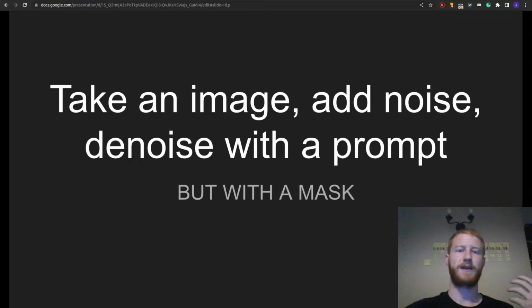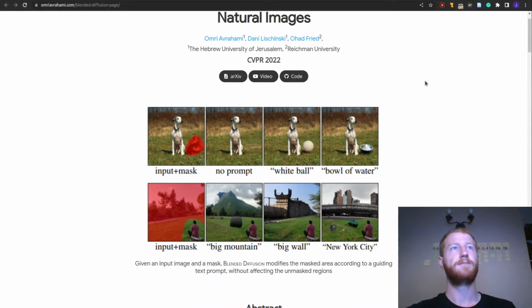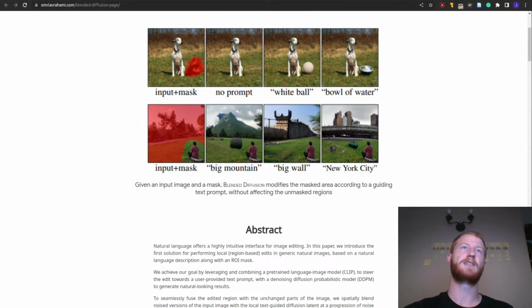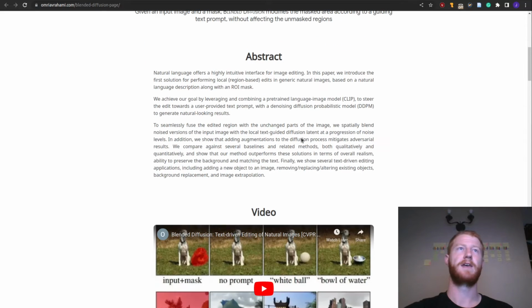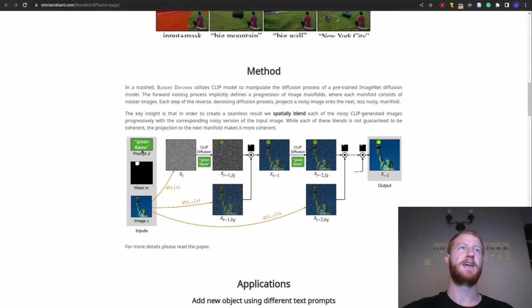And so enter the first major modification to this, which is just to say, well, let's add a mask. So a paper that does this really nicely is blended diffusion, where now we'd like to edit this image and add a bowl. We can paint in a region where we'd like to do this editing. And you can see here we get a bowl or a bowl of water, a big mask for the background, and then they can edit the background. And so the idea here is very similar to the previous example. We're going to take an image,